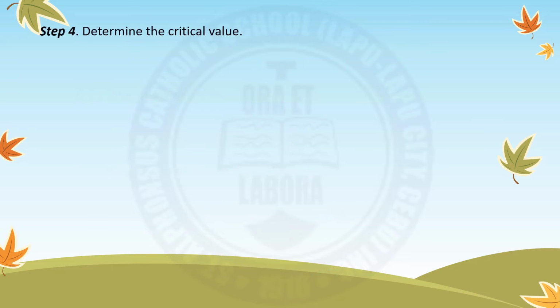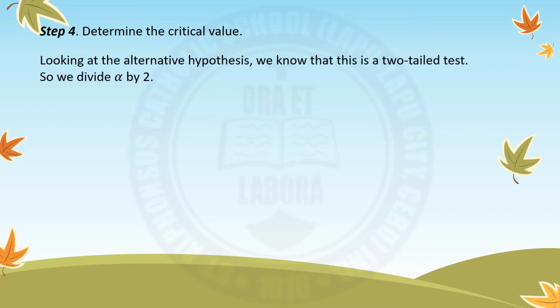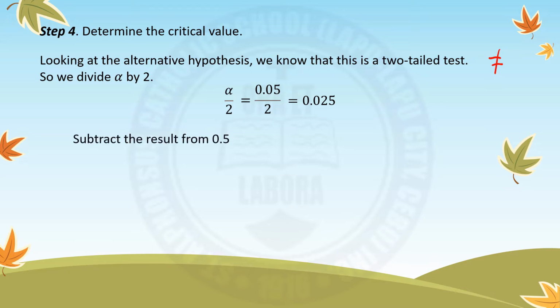For step 4, we have to determine the critical value. Looking at the alternative hypothesis, we know that this is a two-tailed test because we use this symbol for our alternative hypothesis. So we divide alpha by 2 and substitute the value of our alpha, which is 0.05 divided by 2, and it is equal to 0.025. Subtract the result from 0.5, because this is the half of the area of the normal curve. So 0.5 minus 0.025 is equal to